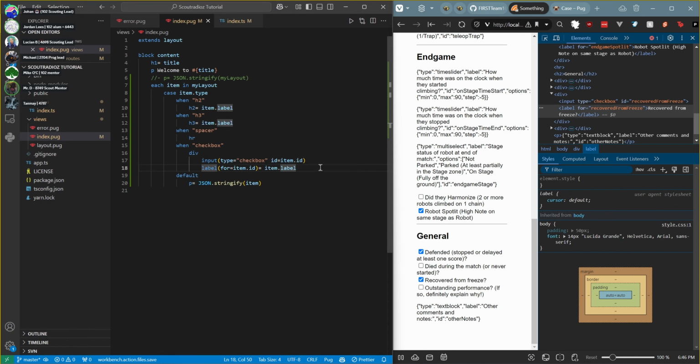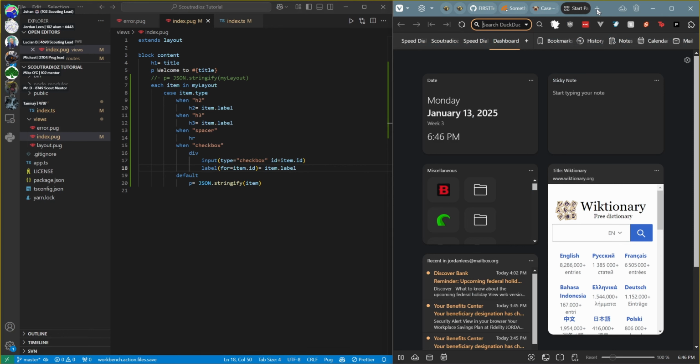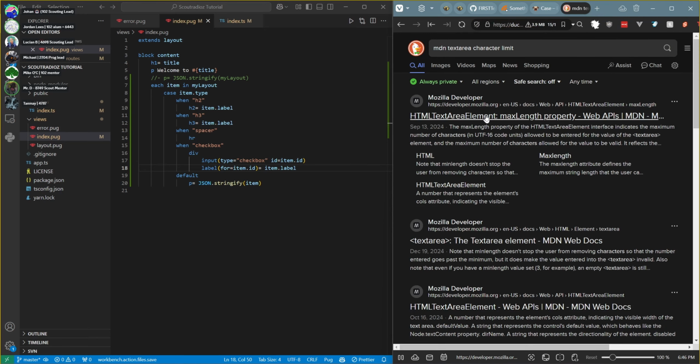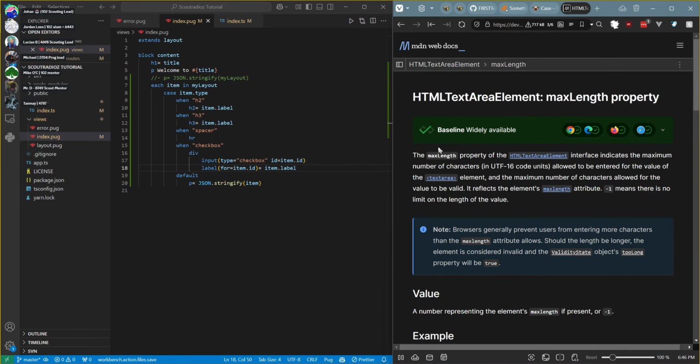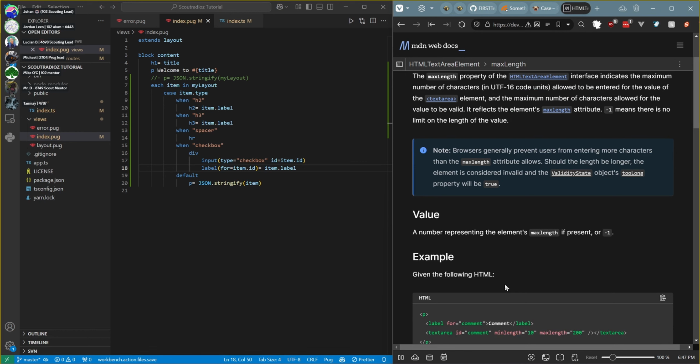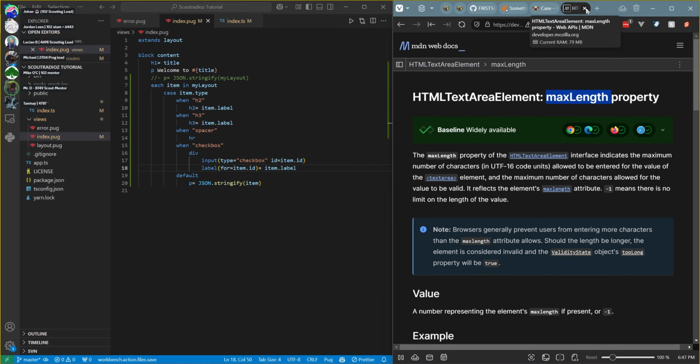How many characters is it allowed, or can you specify that? By default, text blocks allow any number of characters. I'm not sure. Actually, let's find out. Area character limit. I think you might have to enforce it with max length. Yeah. So there is actually a way to specify a maximum length, but we don't do it in Scoutradioz. Might be a good idea though. Yeah, because if somebody wants to paste War and Peace in there, that could be an issue. Yeah. So that might be useful. Anyways,